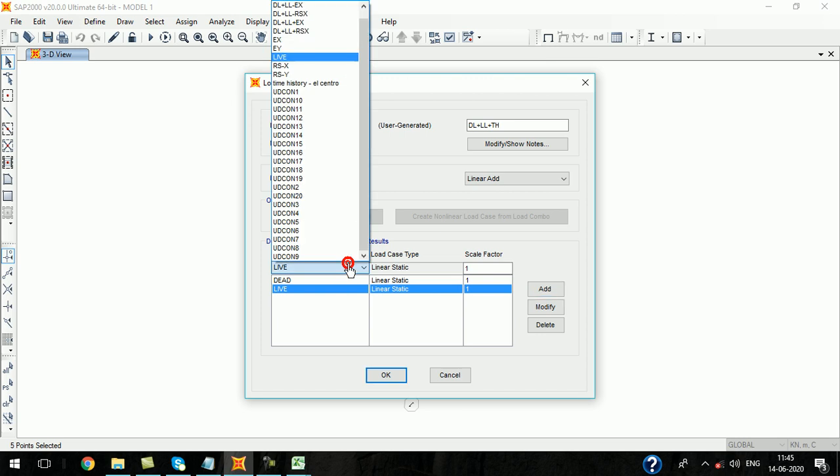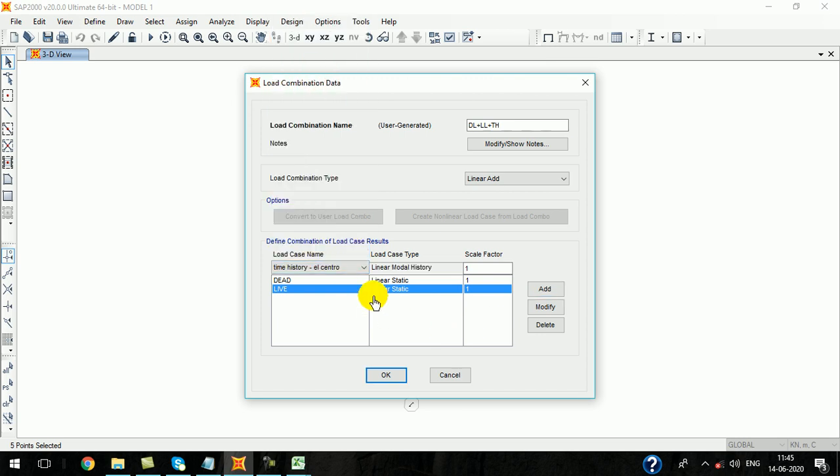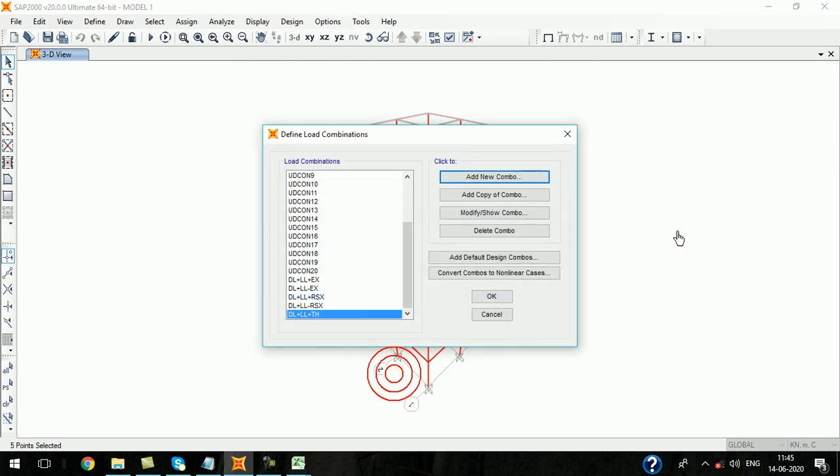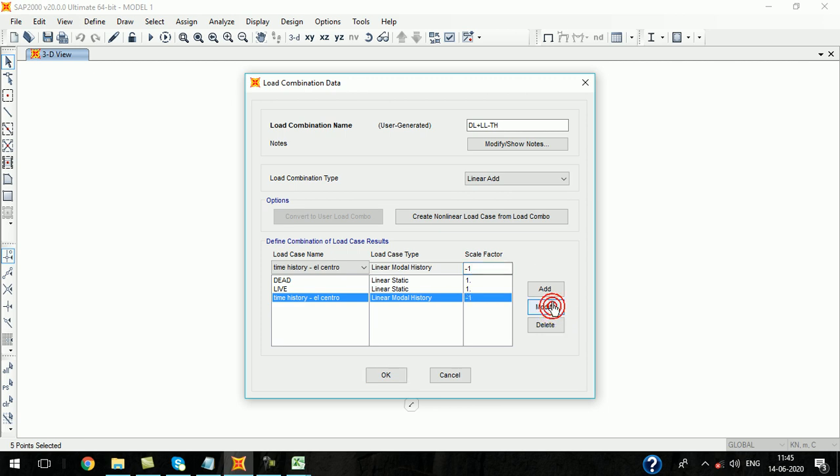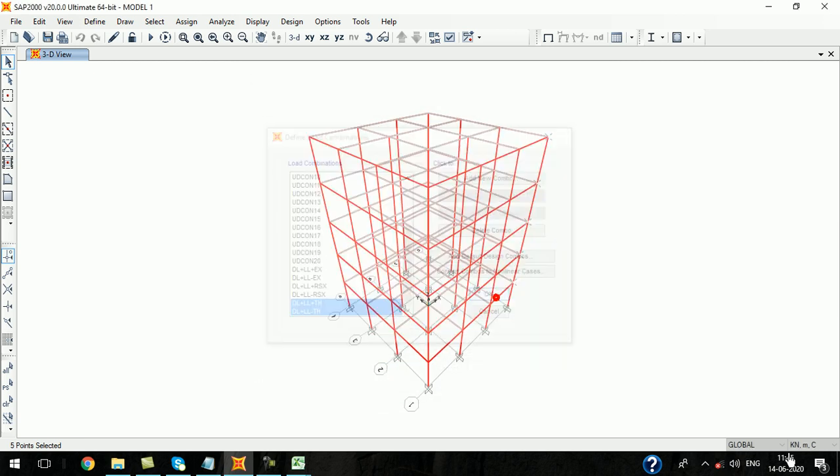Live load, time history 1. Click OK. Now again copy: dead load plus live load minus time history 1. Click OK. Okay, done.